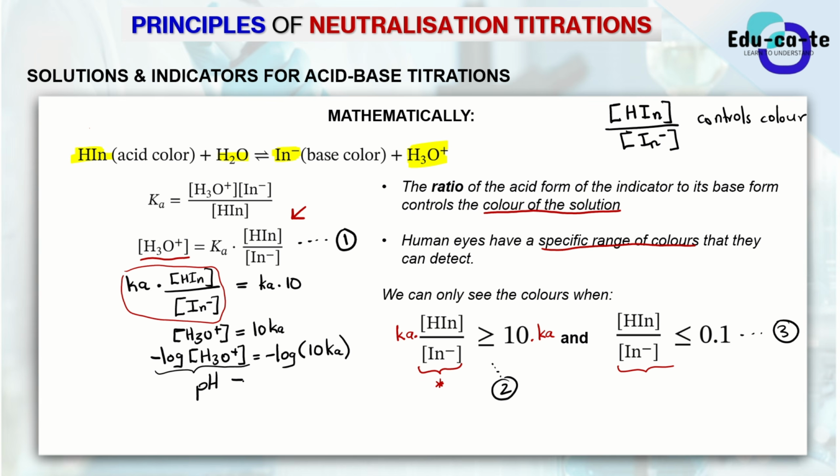So the pH of the solution is equal to negative log. Remember that whenever we are working with logarithms and we have a product of two things, in this case a product of 10 and Ka, we can use the logarithmic laws. This is going to be negative times the log of 10, and since we've got a multiplication here, we put a plus, plus the log of Ka.